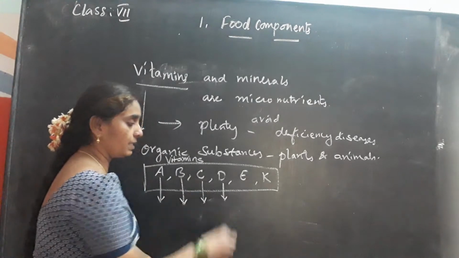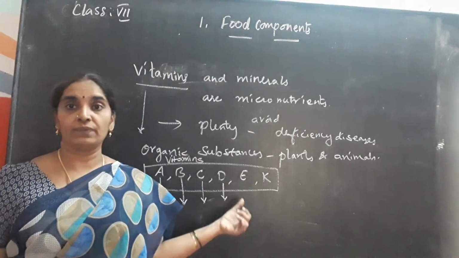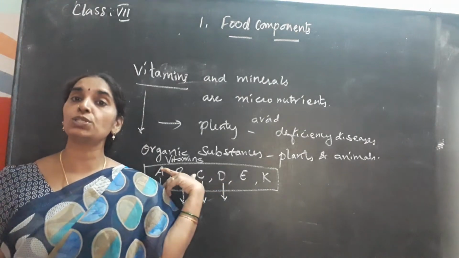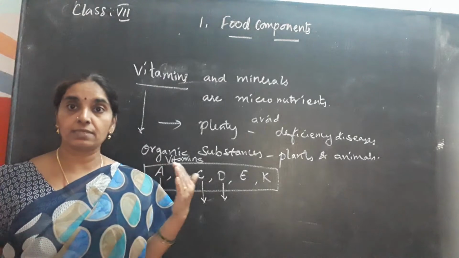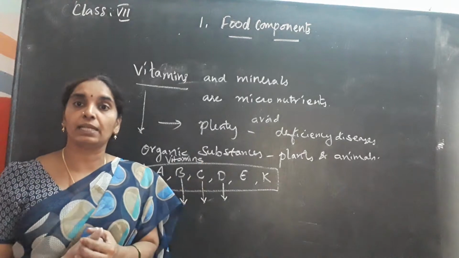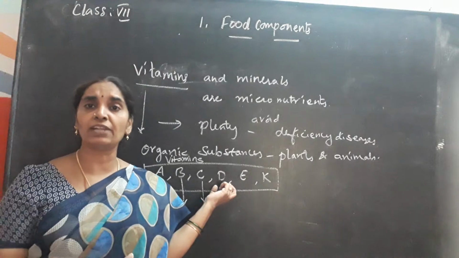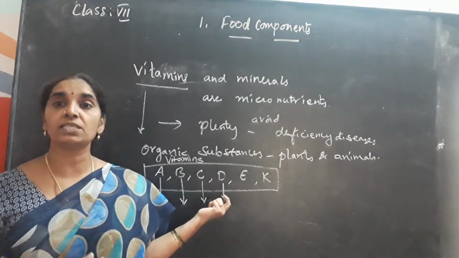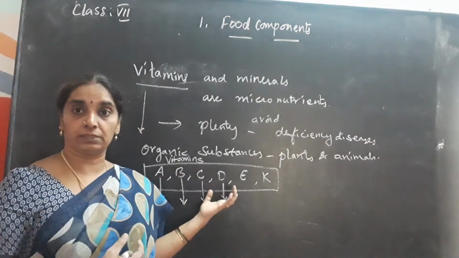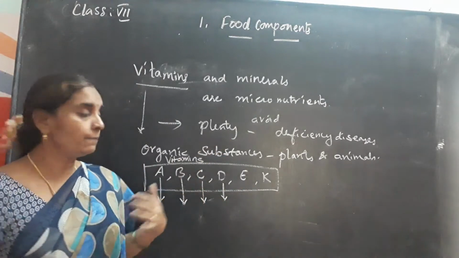Next, coming to vitamin D, it is not present in plants, but you get vitamin D through sunlight. Okay, children, you have to be exposed to the sunlight before 12. Mostly the moderate sunlight can be obtained before 10 o'clock and so on. We have to get this light and heat from the sun, which is very much essential for strengthening the bones. So calcium can be obtained through the sunlight, that is, we can harden our bones.